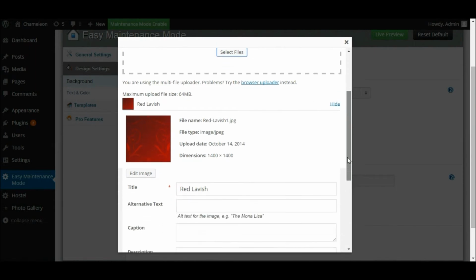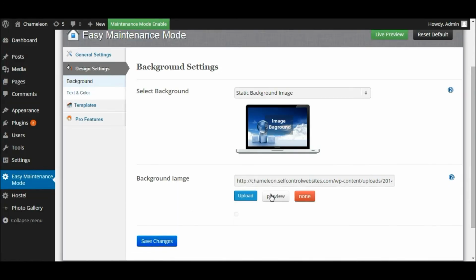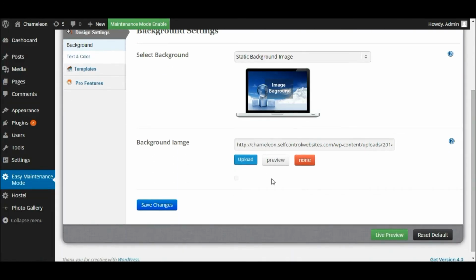Now once it's uploaded, just scroll down and make sure, where you get to the size options, that it's set to full size, and then you want to insert that into your post, and that will insert that image file into your website. Now be sure to save your changes at this point, so let's click that to save changes,